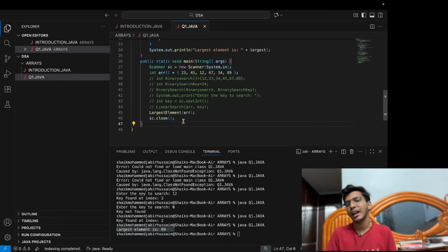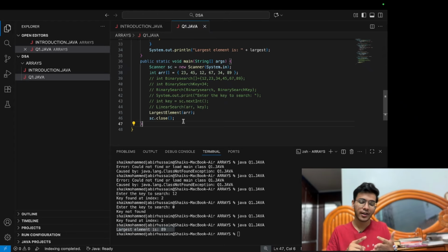So till now we have understood what an array is, how to create it, how to use it, its advantages and disadvantages, and we did 3 questions: linear search, binary search, largest element. I don't want to make it a 1 hour video, so I'll stop here. But in the next lecture we'll learn about subarray sum, pairs of subarrays, Kadane's algorithm, trapping water, and the stock market question. There are some popular questions, so we'll do 5 to 6 questions